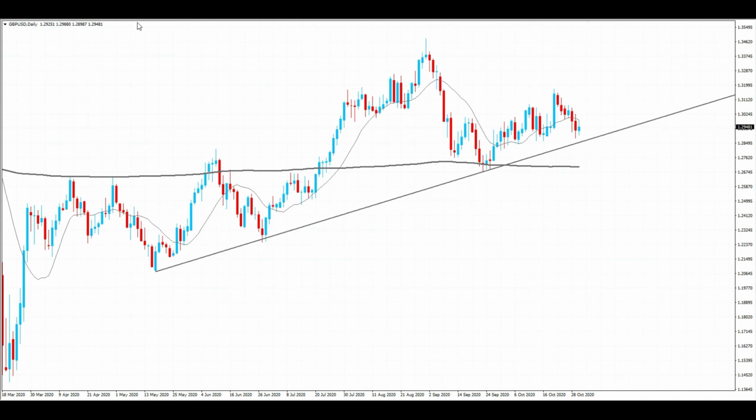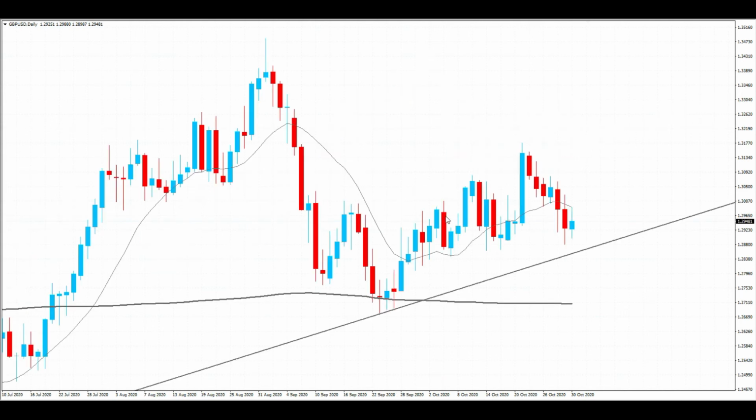Last week I was saying that we're going to get a move to the downside to go and potentially test this trend line again. As you can see, we did get a move to the downside, but price hasn't actually tested the trend line yet. But we're still probably expecting price to continue with this bearishness and probably go and test the trend line down there. Of course, we don't have much to go, but we're probably expecting price to continue a little bit further,